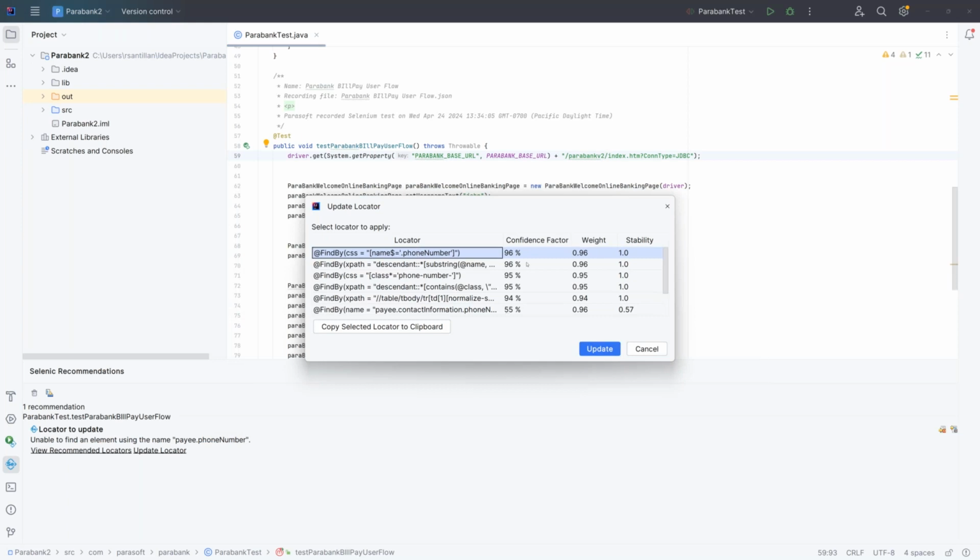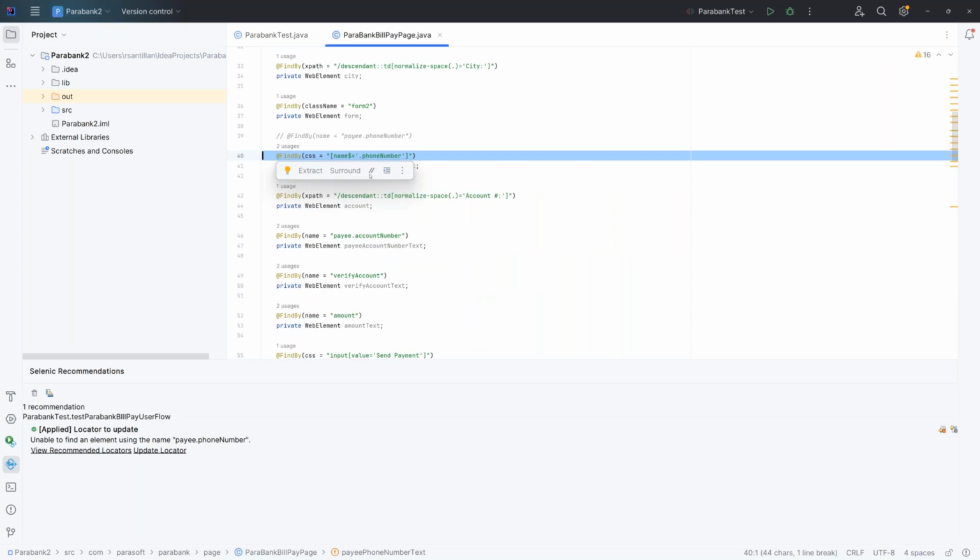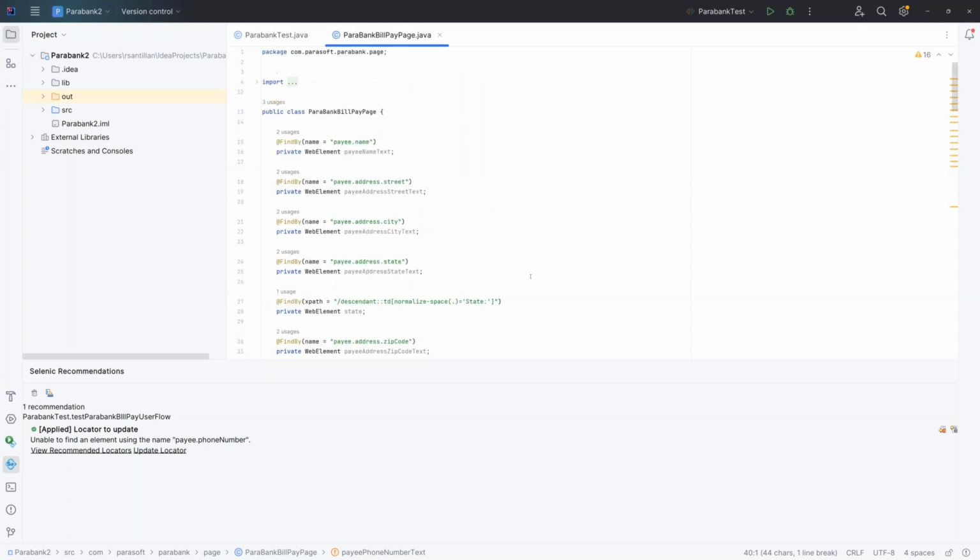So I'm going to select this first option. Looks pretty good, and update. Cool. So Selenic's already gone in and added that new locator for me and improved my test with just a few clicks, Jamie. That's really how easy it is. And really, you're going to get the best of Selenium without some of these challenges in your way now. Wonderful. So that was looking at both the self-healing and then the AI recommendations,